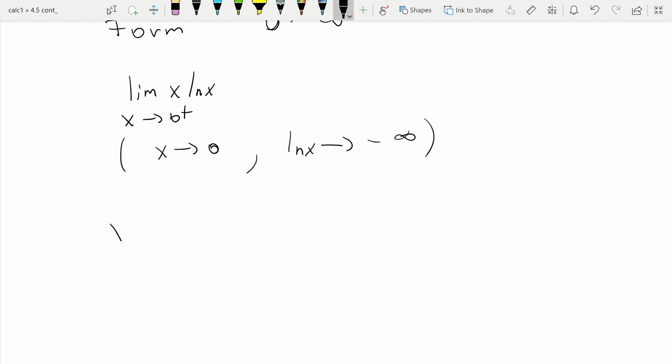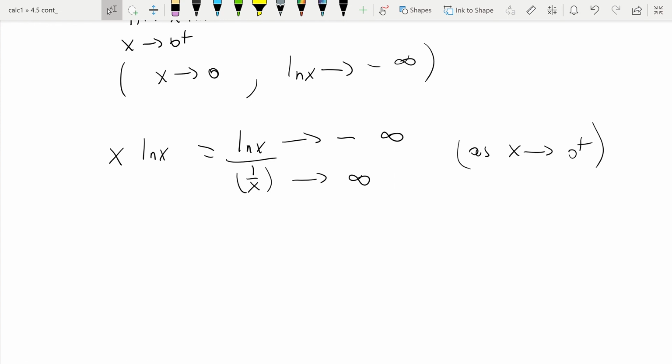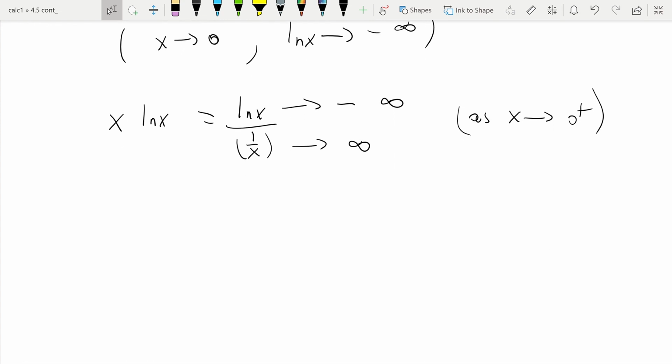So what are we going to do? x times natural log of x is the natural log of x divided by 1 over x. Now the bottom is approaching infinity as x approaches 0 plus, and the top is approaching minus infinity. This happens when x is approaching 0 from the right, and this is a situation that is suitable for L'Hopital's rule. So applying L'Hopital's rule,